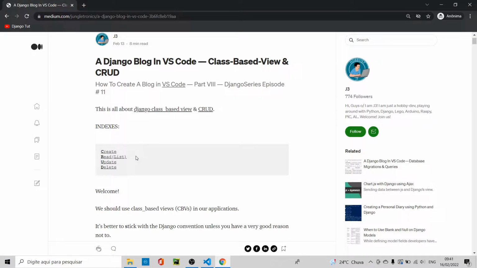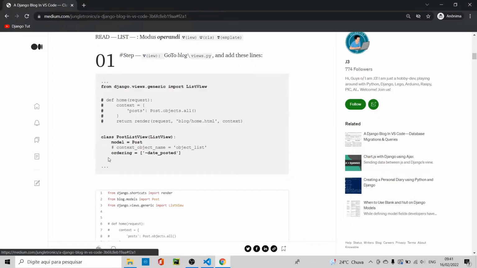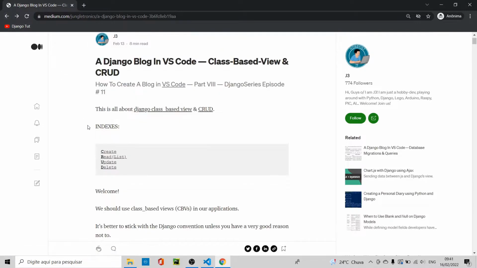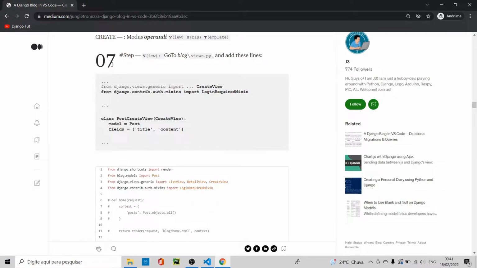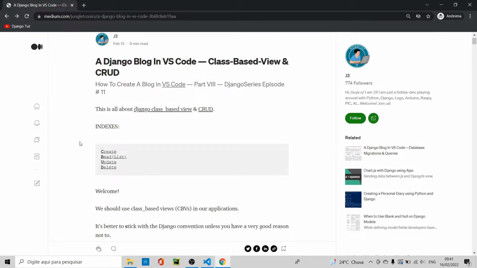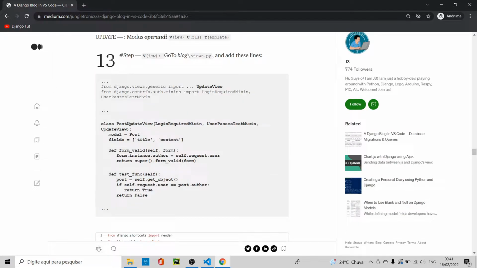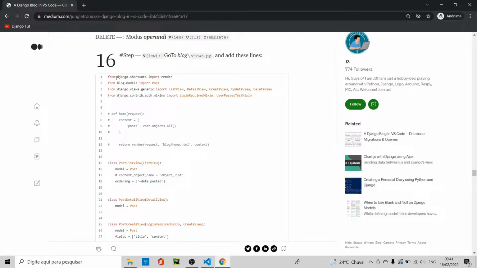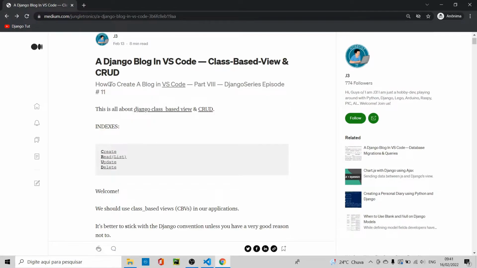I initialize with the read from step 1 until step 7. This is the create view till step 13. This is update view, and step 16 to the end is the delete view. Fine. Now